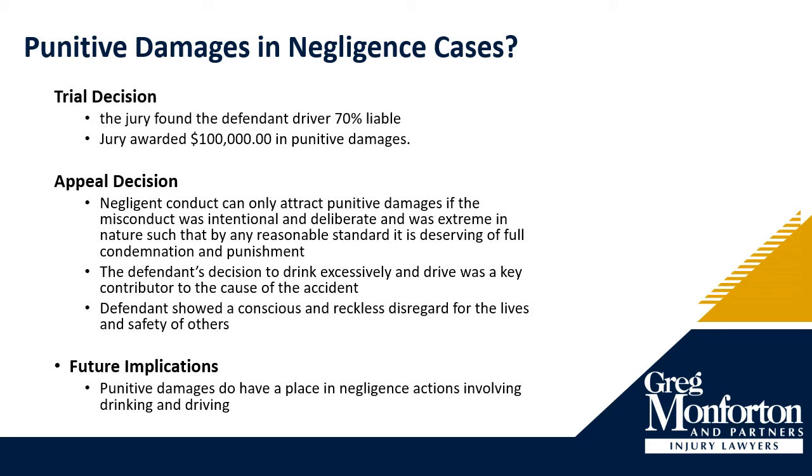So in this particular case, the McIntyre and Grigg case, the court held that it was rational for the jury to award punitive damages and signal the need for the general deterrence of impaired driving, and that it would not amount to double punishment given that the defendant was fined $500 under the Highway Traffic Act. But what the court did do here was to reduce the jury's award of punitive damages. It held that the quantum of the punitive damages was not proportionate to the objectives and ultimately reduced that $100,000